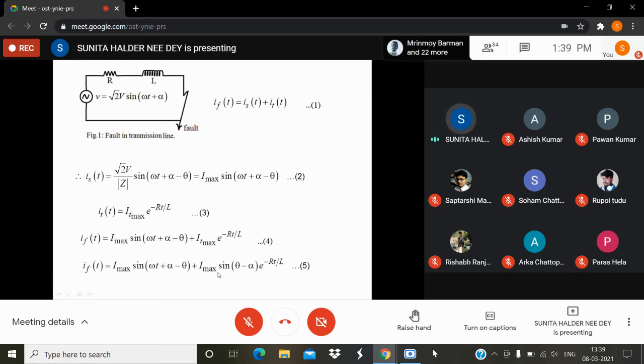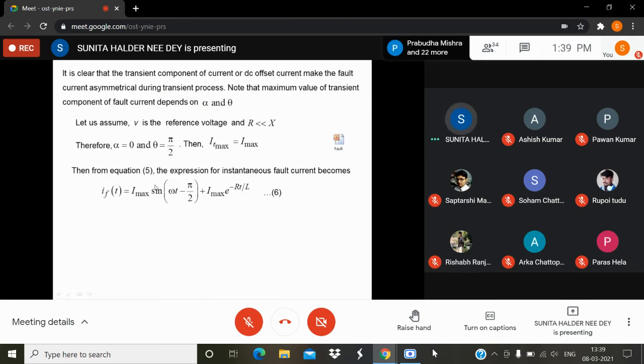So when theta equals 90 degrees, it will be the worst condition as compared to when theta is not 90 degrees, right? So we are assessing the worst condition. Why? Because if we can save the system in the worst condition, then the system will be safe for any other condition. Then we have got this one, right?